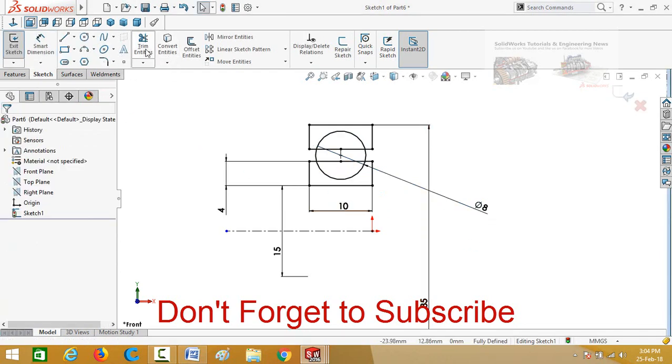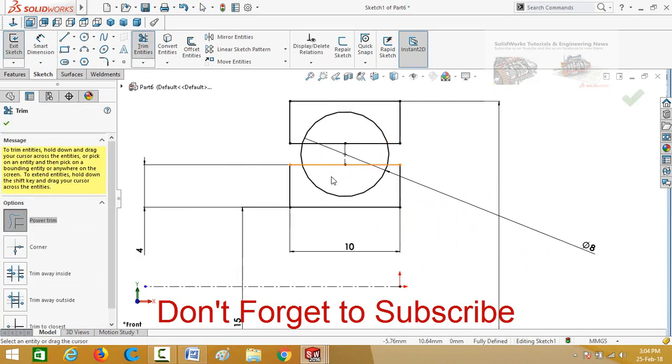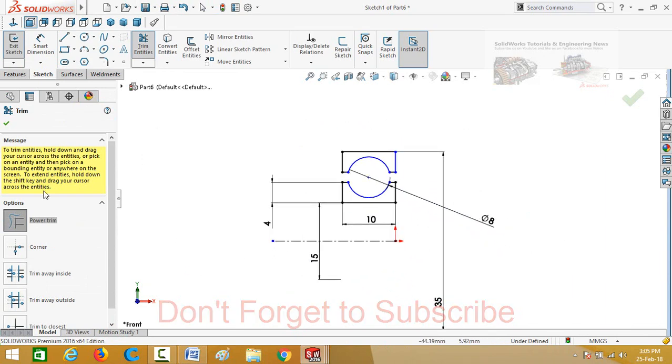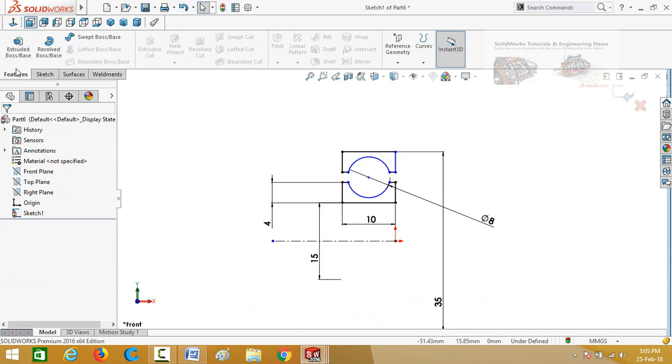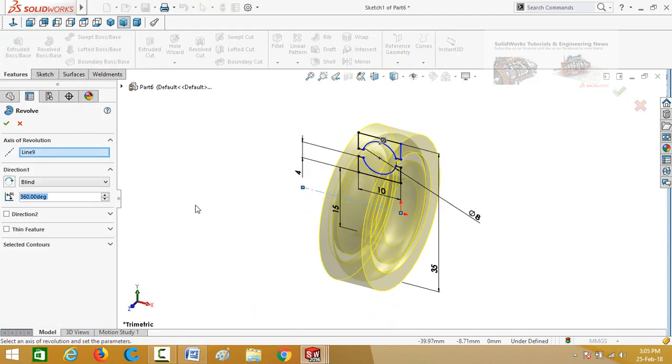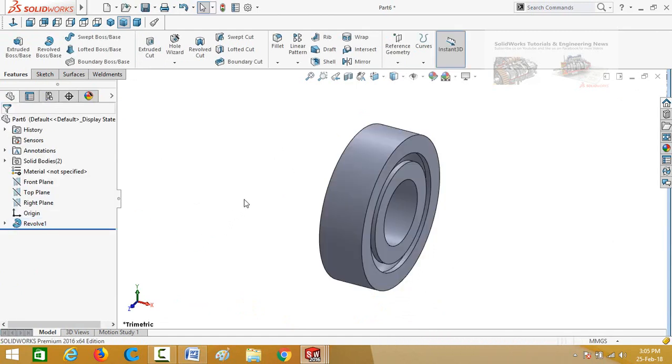Now select trim entities command from here and trim the extra lines. Now again go to features tab and then select revolved boss base command. Press OK button to apply this command.